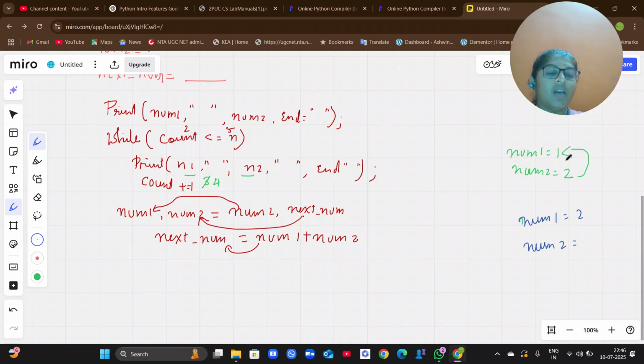What is my num1? Num1 is 1, num2 is 2, 1 plus 2 is 3. My new next number will be 3, so that will be assigned to num1 and num2 here. So num1 will be 2, num2 will be 3. Okay, here we are swapping the numbers.